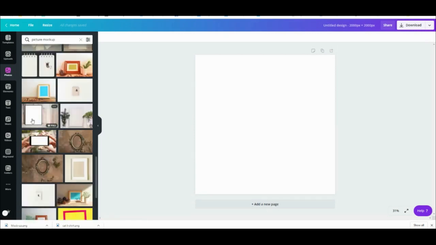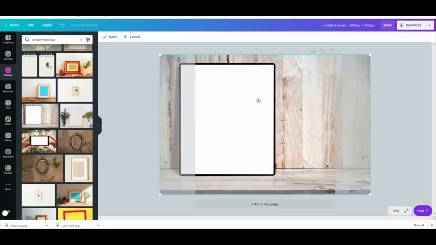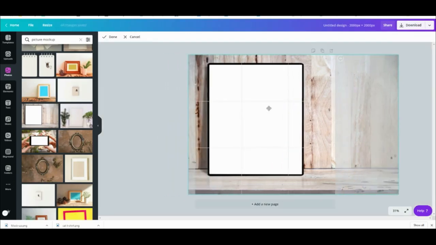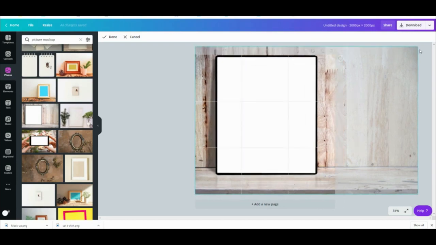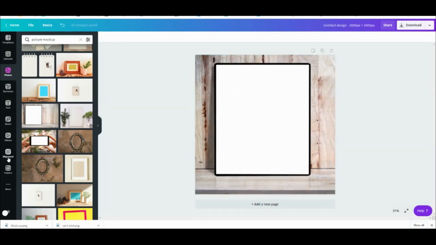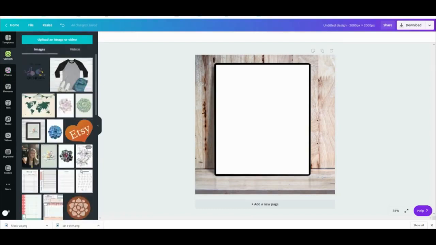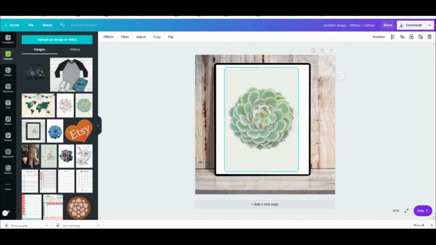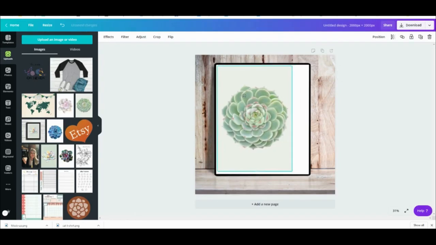This one's nice. So I'm going to drag this one over. If you aren't happy with how it placed it, you double click and then you drag over again just to make it more center. You can also make it bigger or smaller. So then I'm going to go to my uploads and I'm going to choose one of my pictures that I've drawn and I'm going to kind of strategically place this in here